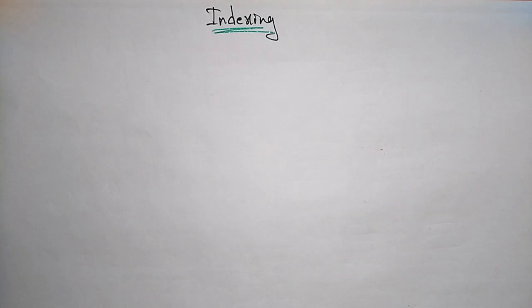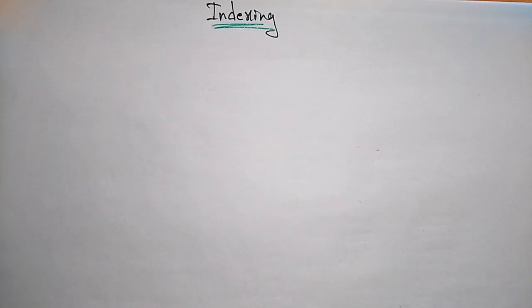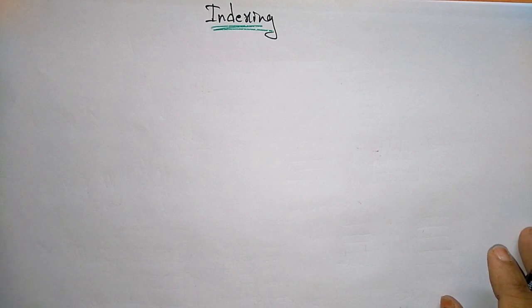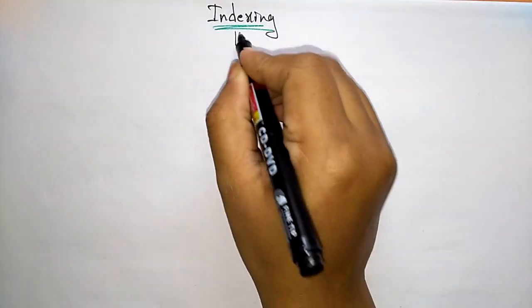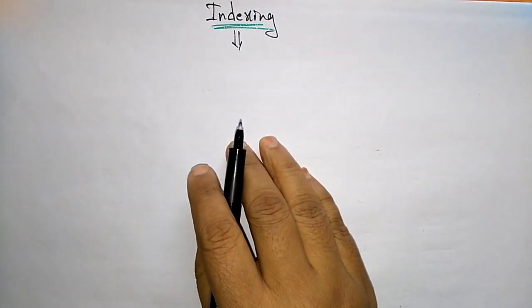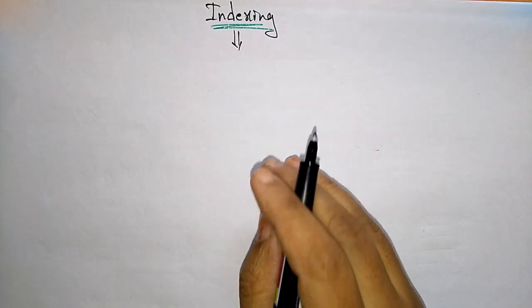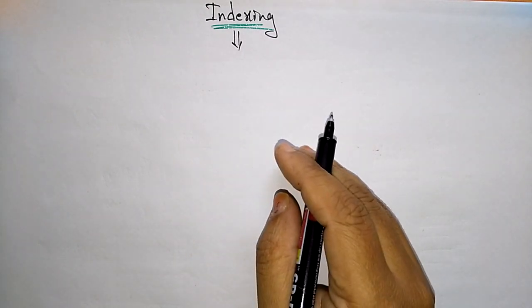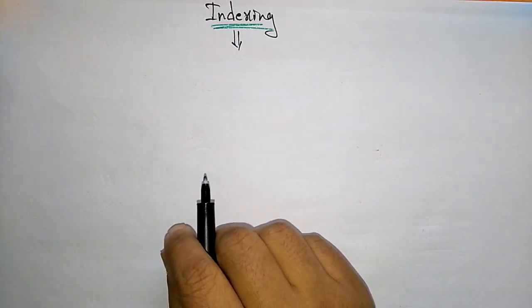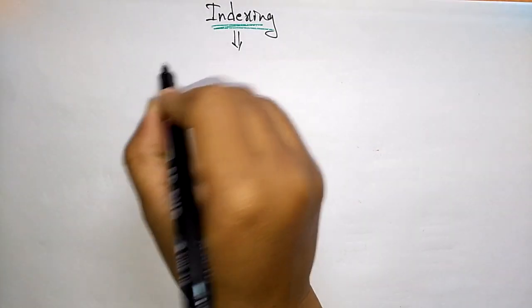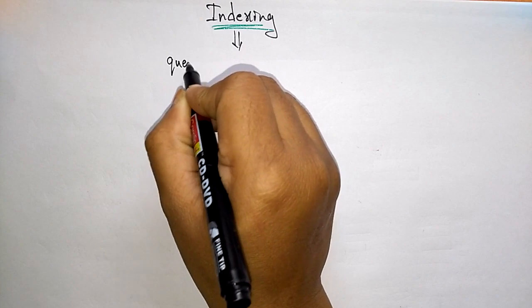Hi students, coming to our next topic, that is indexing. Actually, indexing is a way of optimizing the performance of a database by minimizing the number of disk accesses required when a query is processed. So whenever you ask a query, when a query is processed,